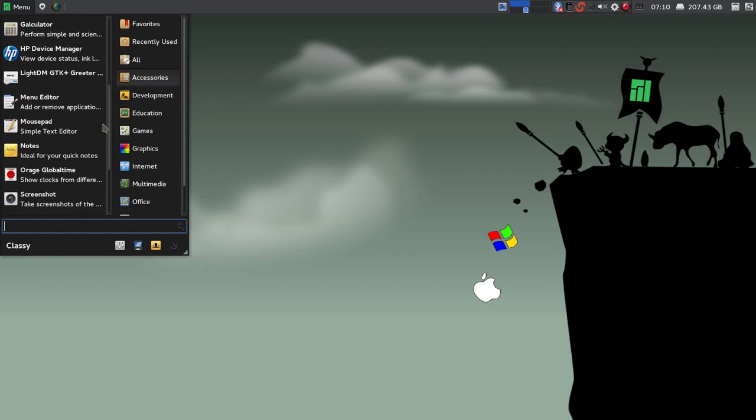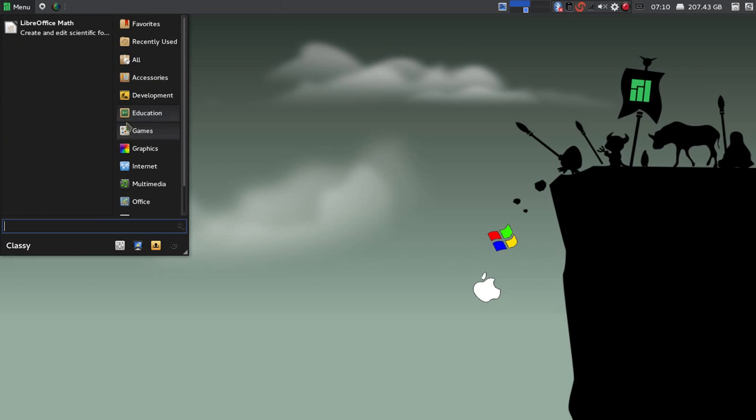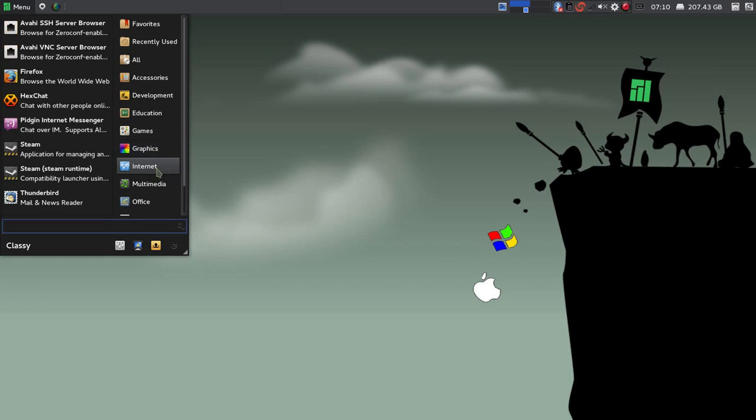For accessories, it gives you like a task manager. It gives you your file manager. You can burn stuff to DVDs and CDs. It gives you notes. It gives you Mousepad, which is just a text editor. You can take screenshots of your desktop. You get GIMP and Viewnior, I think is what that's called. For internet, you get server browsers, you get Firefox, you get HexChat, you get